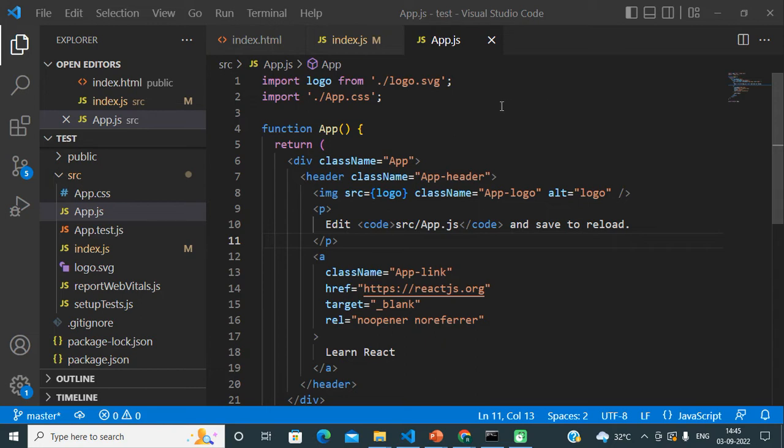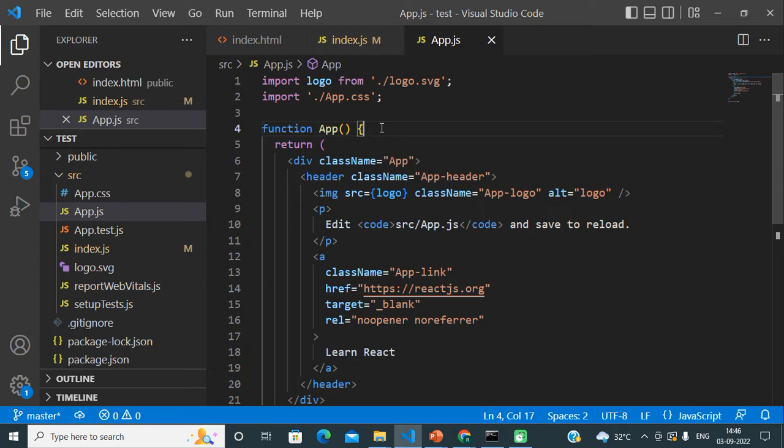For explaining the concept of component, I am in the same directory which we created in our last videos. Okay, and I am already in the app component, about which we have already discussed in our previous video as well. Now, for providing a better understanding of components, I am going to do some editing directly in this app component.